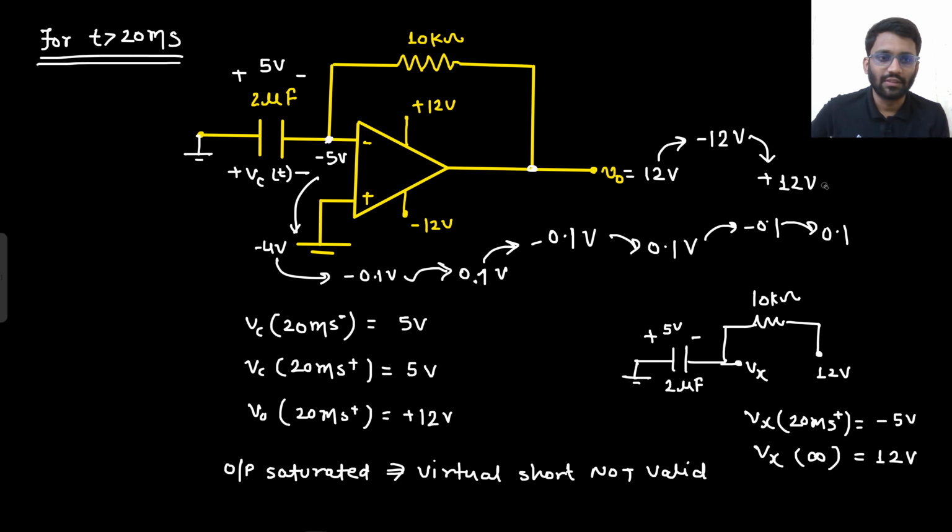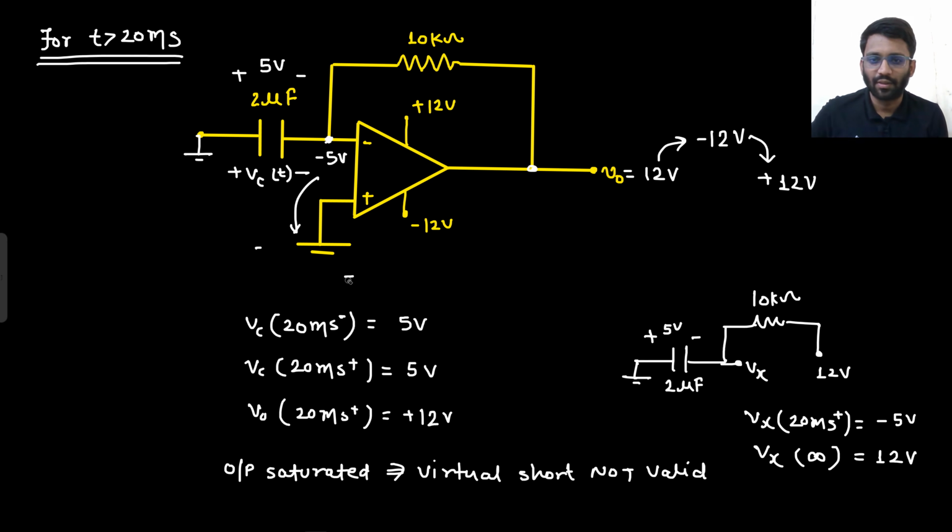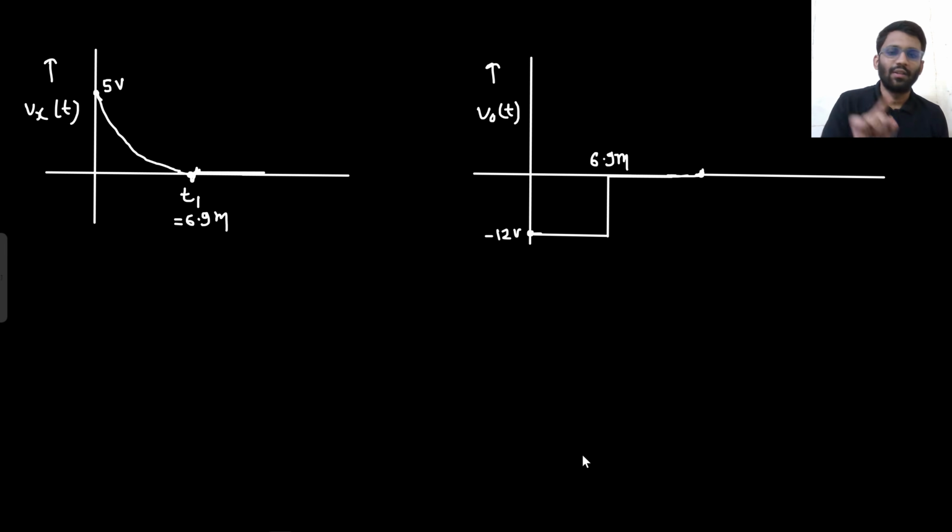So this is how I can keep it so that you will be able to remember. And this I am rubbing. Okay. So I can keep it this way, that it tried to go to minus 0.1, then again it goes to plus 0.1, then again it goes to minus 0.1. So this way you will be able to remember the Vx node, suddenly at 20 millisecond,